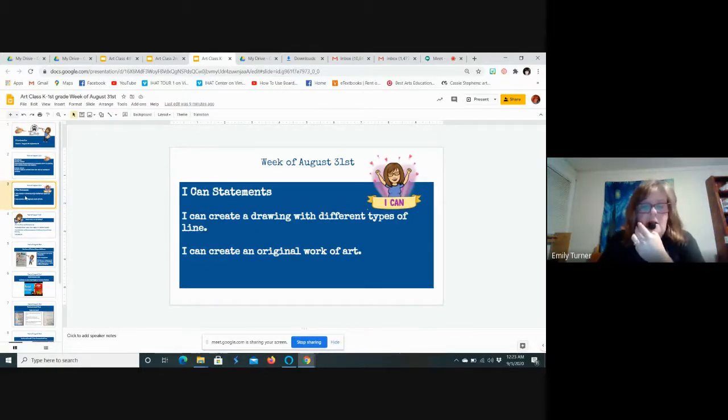Here are our I can statements. I can statements mean that at the completion of your project, you can honestly say that you can do these things. You will be able to say, I can create a drawing with different types of line. I can create an original work of